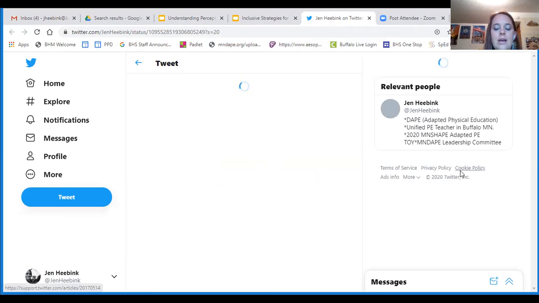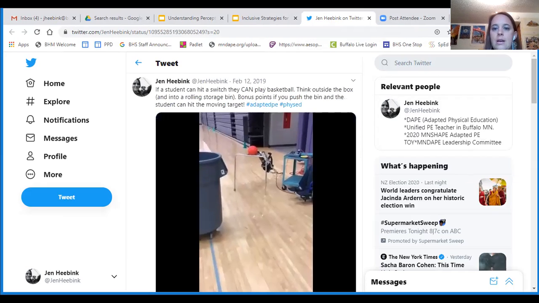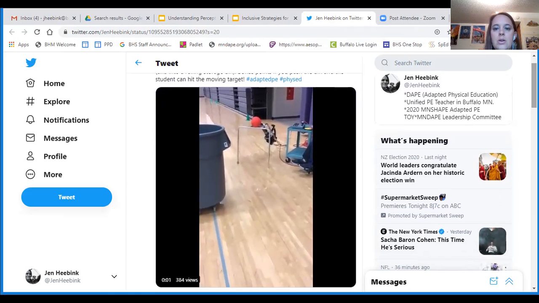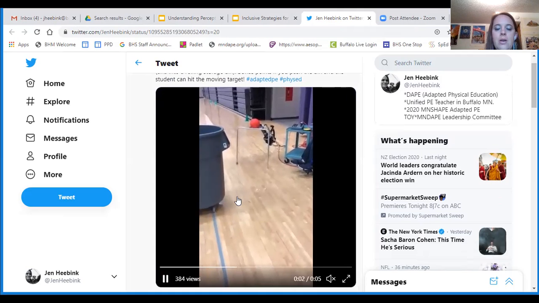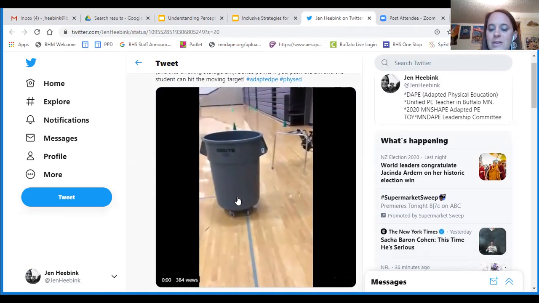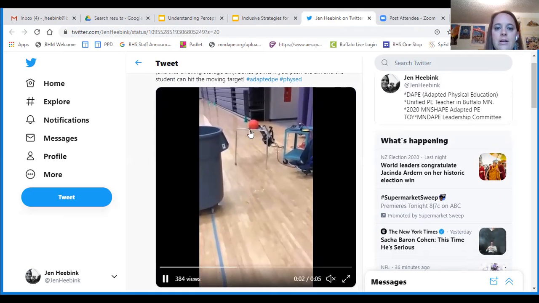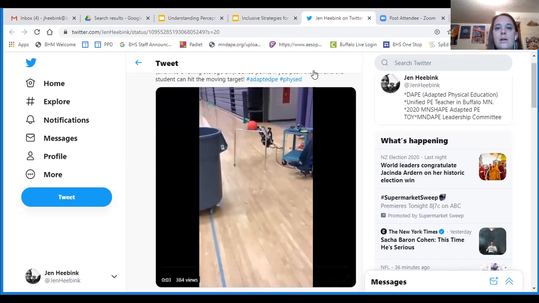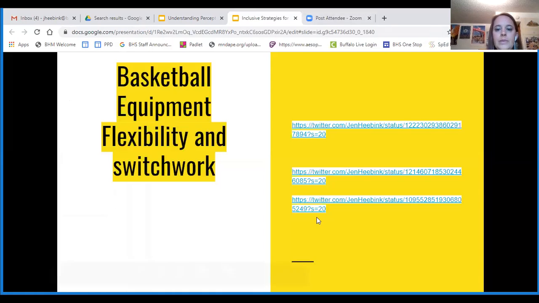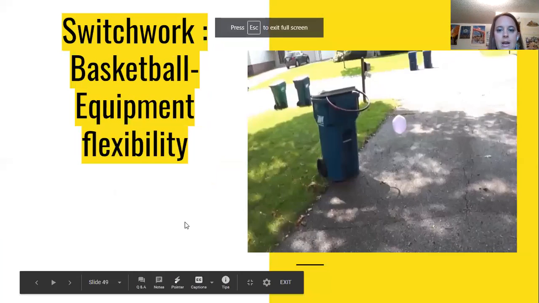And then this last one, I believe, is just another way that you can use the leaf blower as a moving target passing kind of drill. So he hits a switch, and you can have one of those brute tubs, and you can put it on wheels, and then you could also use it as a moving target too. That's a regular gator ball, and it has a little weight, but it still flies a little bit. So just be aware. Okay, basketball, moving on.